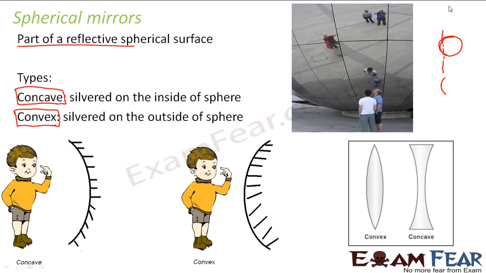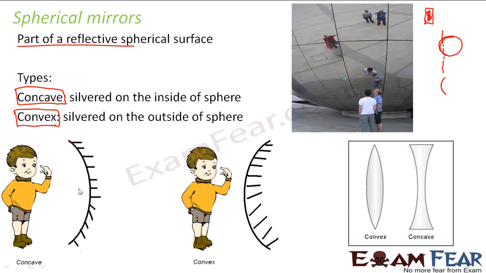For example, forget about spherical mirrors. You think of your plane mirror which you have. So how does the mirror look like? It would be somewhat like this. This side would be silvery, from where you can see your image, and the back side would be wooden, or it will be opaque, right? So in this case, this side is opaque and this inside is silvery. So that means this side is actually your mirror. So this is a concave mirror.